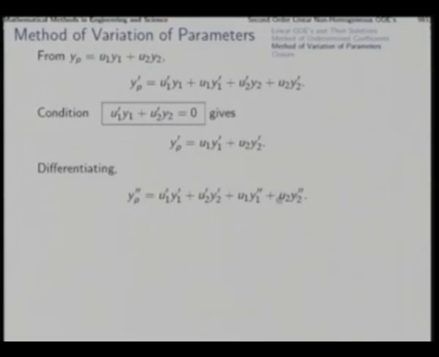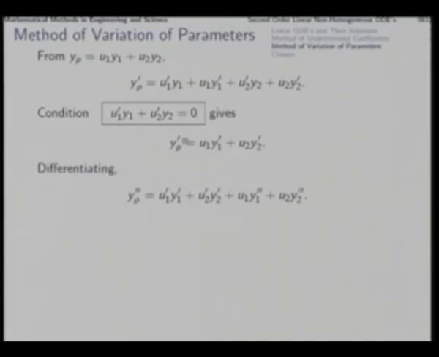Now here again we find that the unknown functions u1 and u2 are involved only up to the first derivatives. Known functions y1 and y2 are involved up to second derivatives, but that is not a difficulty. Now on this, note that another condition like this we cannot impose, because if we try to say that these 2 together also vanish, then that will not make sense, because this condition and that condition together will imply that u1 prime and u2 prime are both 0, right,